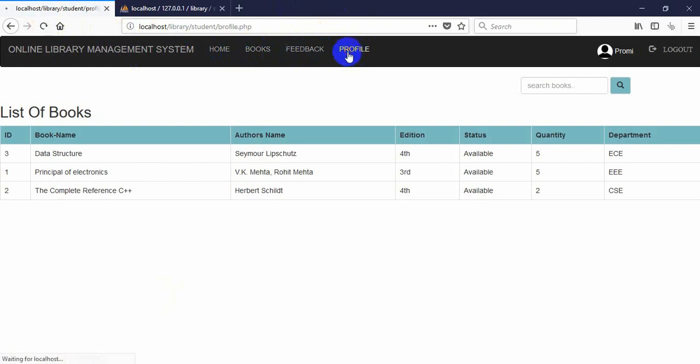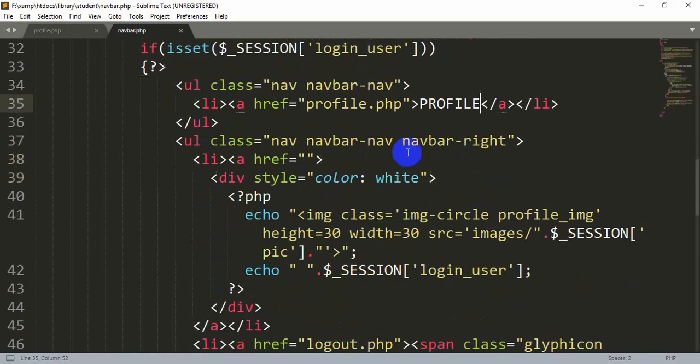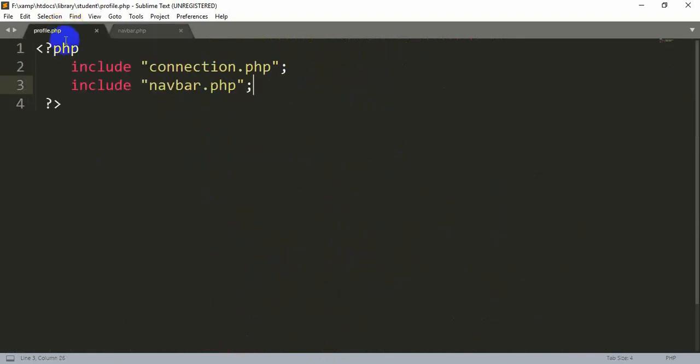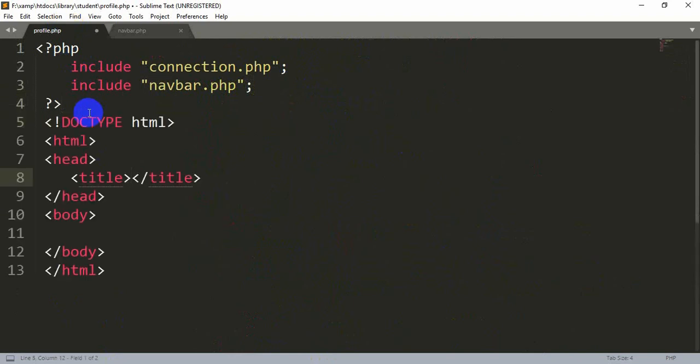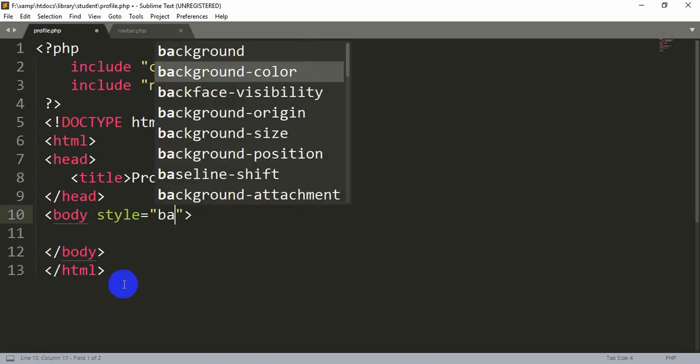If we click on this, we will see only the navigation bar is added, because we have not added anything else in this page yet. So let's change the styling of this page, and inside this profile page we will start our HTML, and here inside the title we will write profile, and then inside the body there we will write some styling. Here we will add a background color,